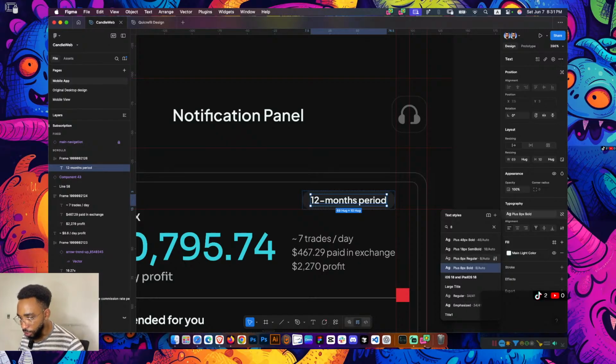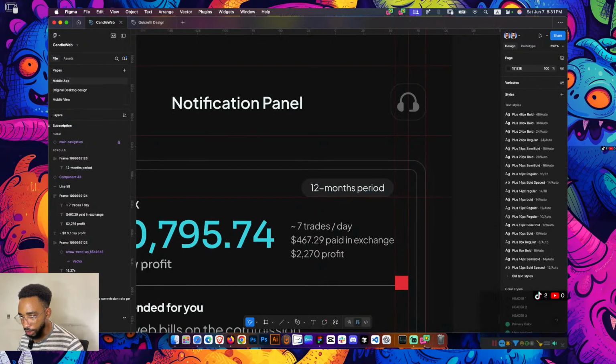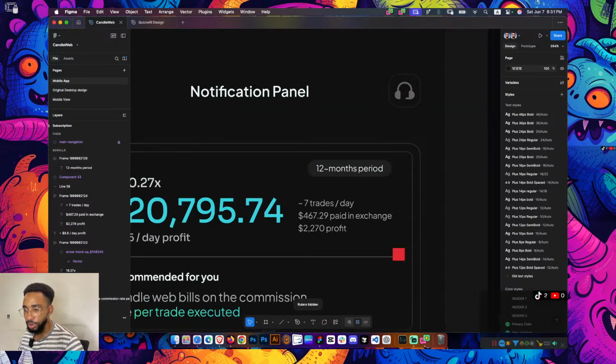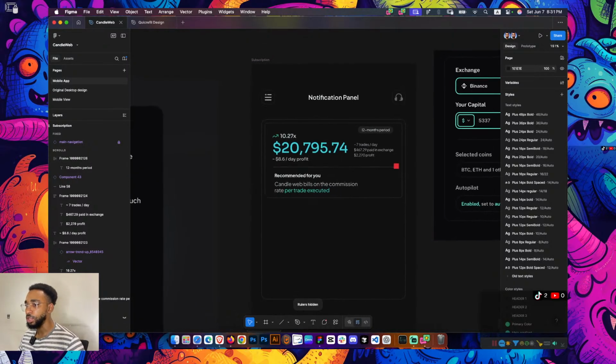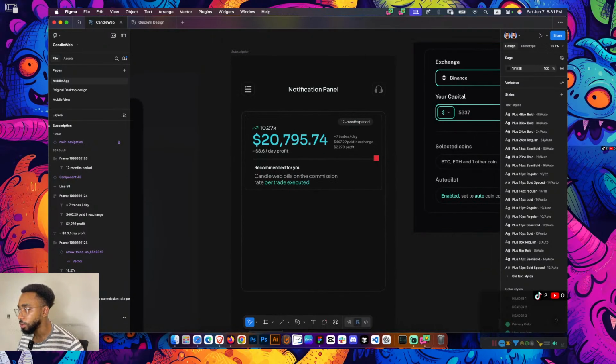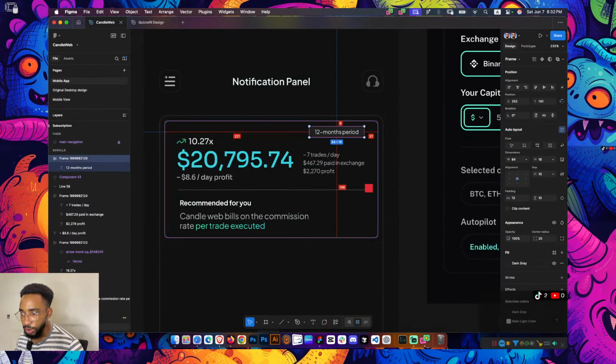So 8 bold is not bad, but I'm thinking 8 regular will be better because it's not so shouty and it's not struggling for space with the rest of the elements. I want to make it